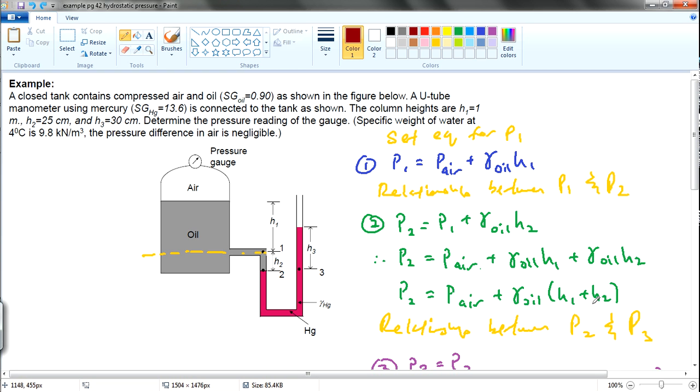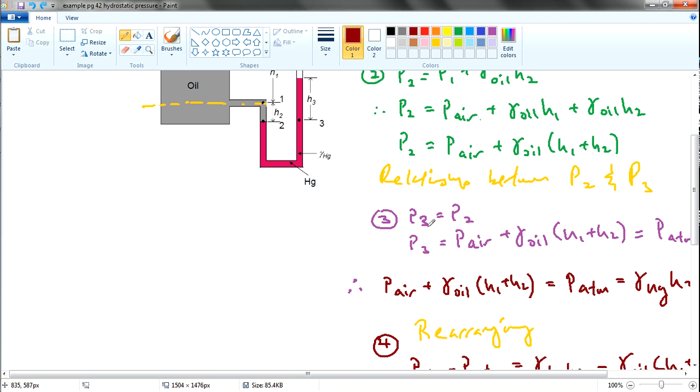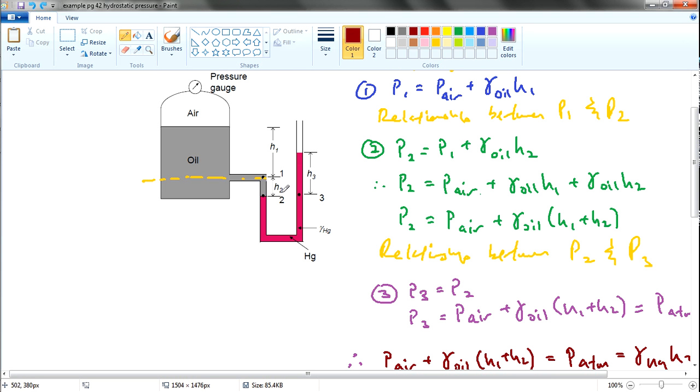So P2 can be described using this equation. It's the pressure of the air, plus the density of the oil from this point all the way to point 2. So this is H1 plus H2, and it makes sense. So now since we know point 2 already, we can also relate to point 3, since point 3 and point 2 share the same height. So therefore we use P3 equals P2, and we also know that point 3 can also be described